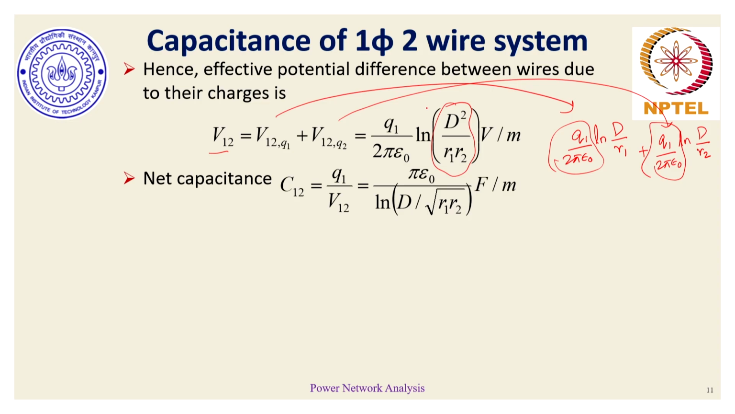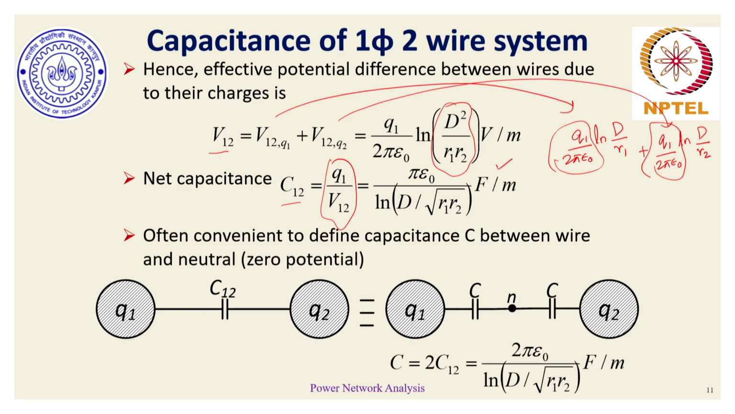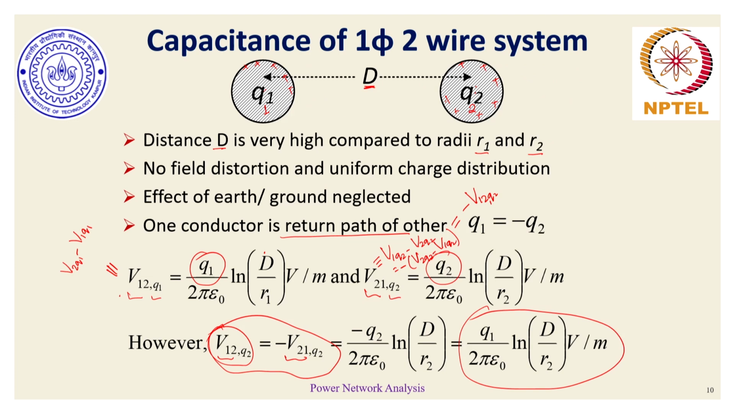Once we know V12, we can use the same capacitance evaluation because the effective charge is Q1, and Q2 is the negative of Q1. So C12 is Q1 by V12, which gives us this expression in terms of farad per meter. Often it is convenient to find capacitance not between line to line, but between line and phase, or phase and the neutral point. So if we look at this particular arrangement of Q1, Q2, and the distance,